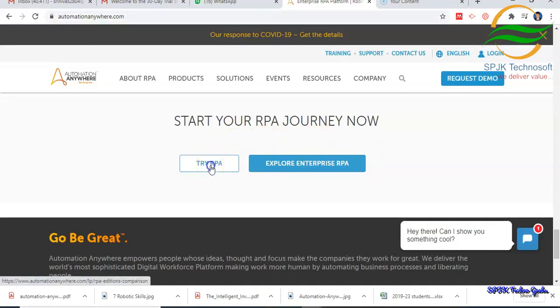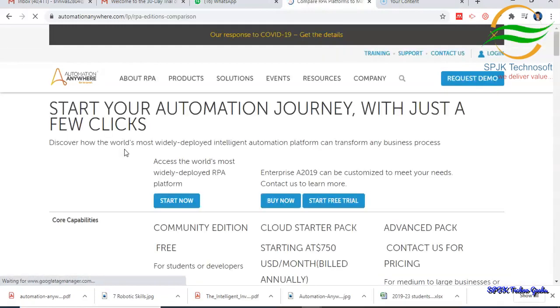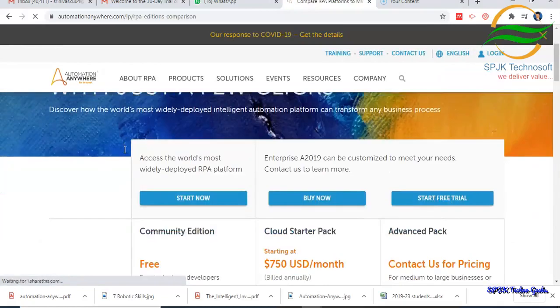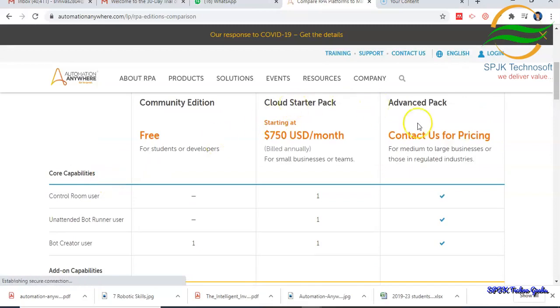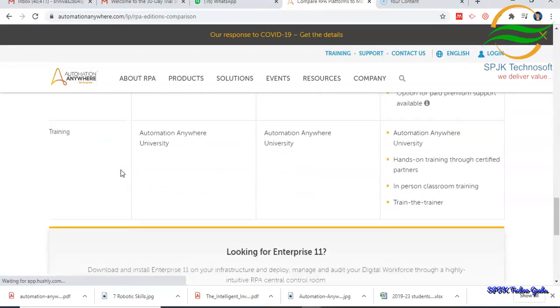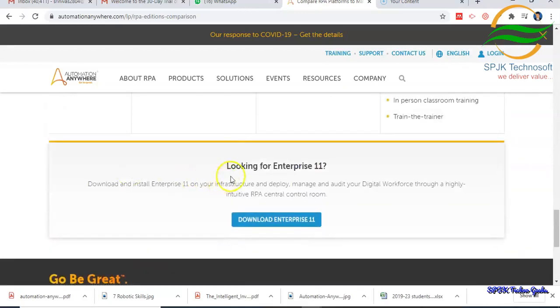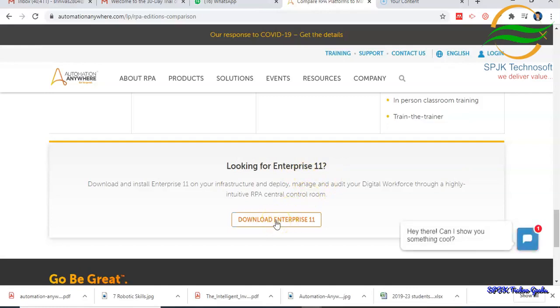Once you click this Try RPA, you should be able to see this screen which shows Free Edition, Cloud Starter Pack, Advanced Pack. We are going to go with Free Edition. Then come down and here you can see Looking for Enterprise 11. Here click on Download Enterprise 11.